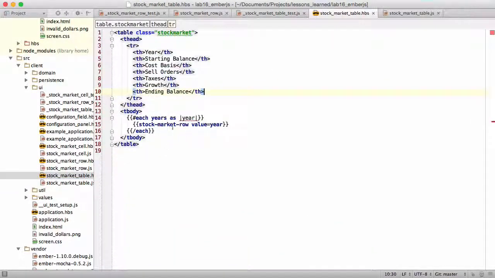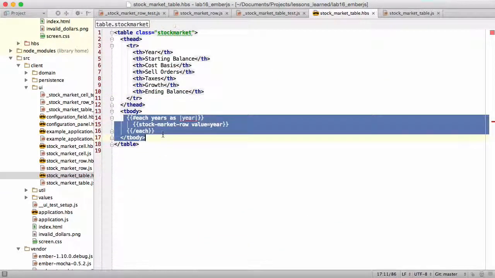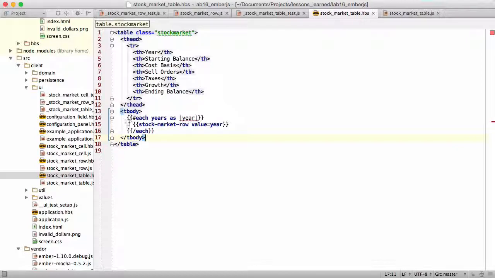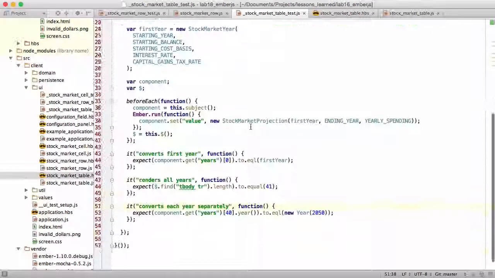Now, I did run into the problem, as expected, with the table that in our stock market table handlebars template, we are doing this each handlebars logic. And then inside of that loop, we are rendering out a stock market row template. There is no way to test that this stock market row is being rendered with the correct value. So I just had to punt on that. What I'm doing instead is